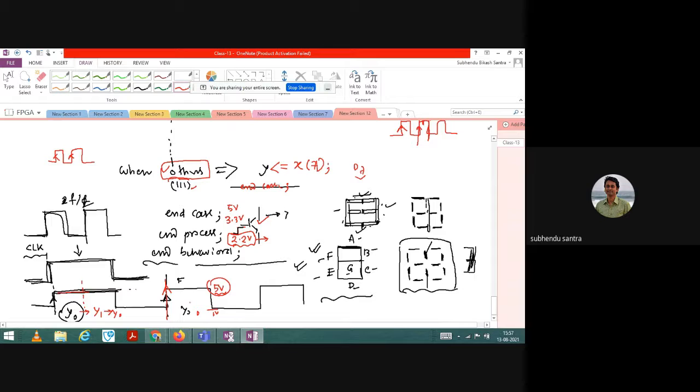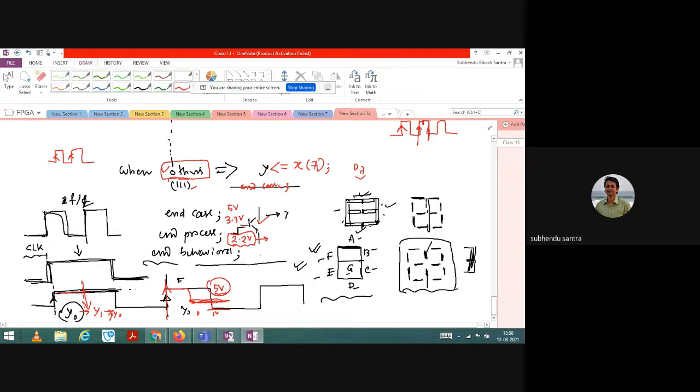But practically, when you are connecting the line, there may be a voltage which lies in between. Maybe at some point your signal is 5 volt, and then it reaches 2.2 volt, then 0. What will happen if your voltage suddenly goes below? That digital circuit will not understand. It is not analog, it is not an op-amp where it is reflected immediately because of the capacitance effect. It is digital, it will not be able to understand what to do. So there is a fluctuation from y0 to y1 and y1 to y0. That is called a glitch operation.